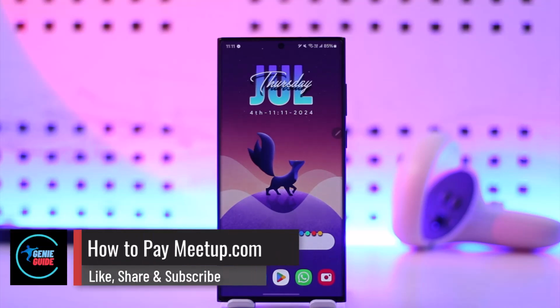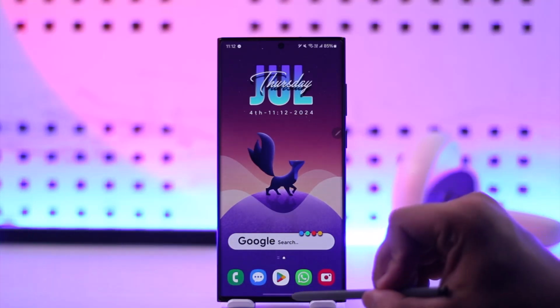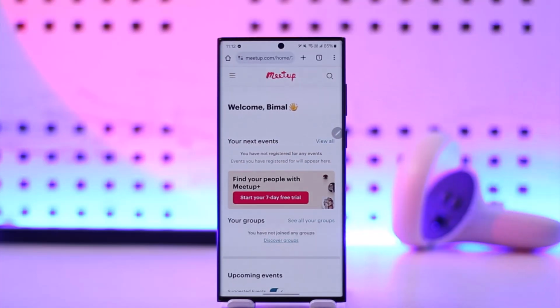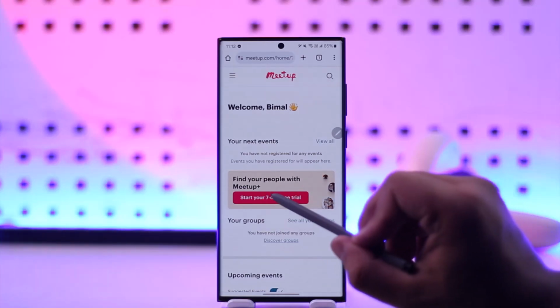How to pay meetup.com. So if you want to get a premium subscription on Meetup, which is Meetup Pro, and then you want to start paying on meetup.com, you can use the app, or you can also simply go to meetup.com and make sure that you're signed into your account. As soon as you're signed in, you'll find a little pop-up that says find your people with Meetup Plus and